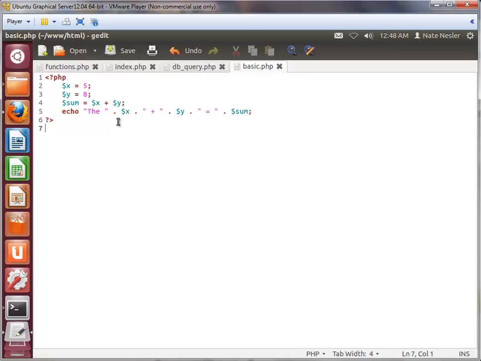So this is my recommendation of what to use, and that is why you want to use it. Okay, a couple of variables here. Now when we do variables with PHP, we put a $ in front of it. So I said $x equals 5 semicolon, and then I'm just going to do $y